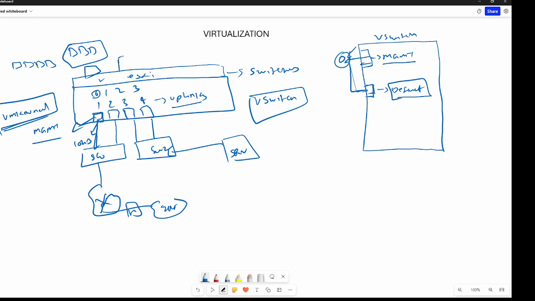And you deployed application number 2, and this server is hosting the databases. So you want this particular application to be able to communicate with the database. But that particular database is connected on switch number 2, and ports 3 and 4 are connected to switch number 2. So what I will do is create one more switch, maybe a new switch.